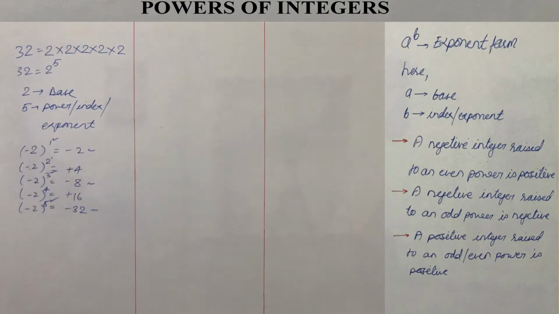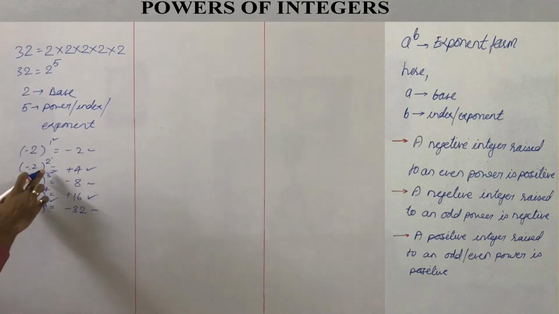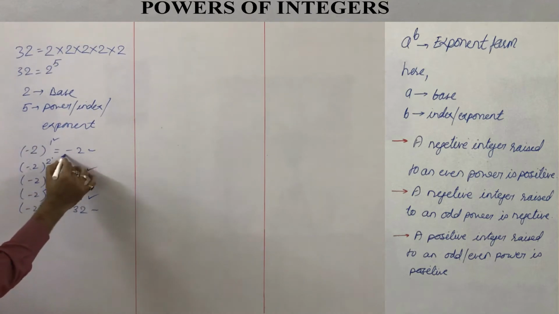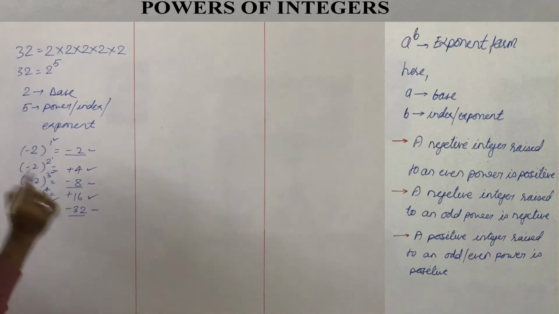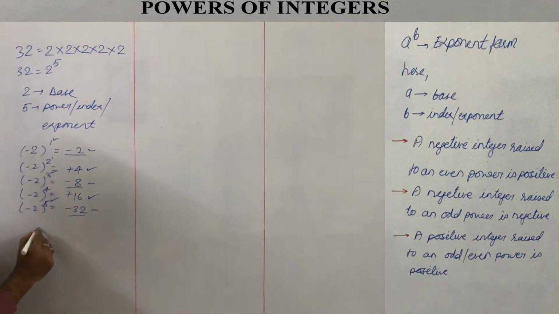It means for a negative integer, if the power is even, the value will be positive, and if the power is odd, 1, 3 and 5, the final value is negative. So the common conclusion is a negative integer raised to an even power is positive, a negative integer raised to an odd power is negative,